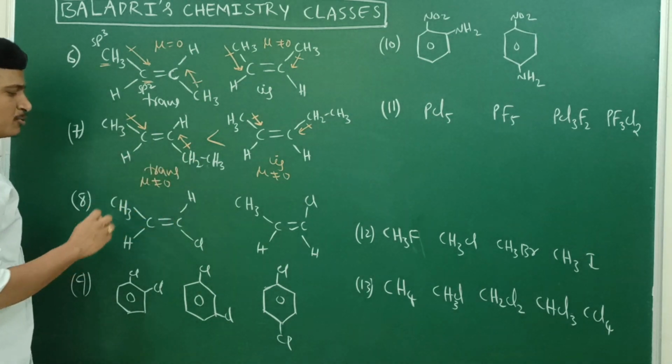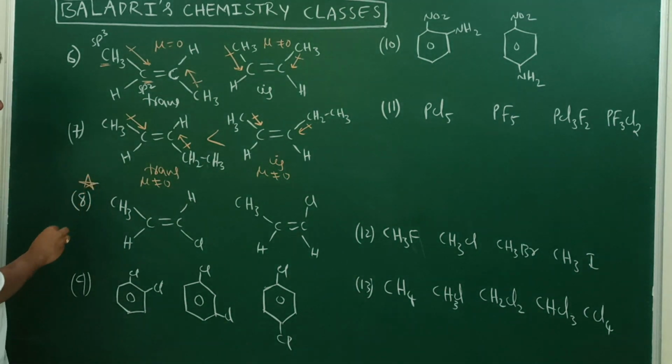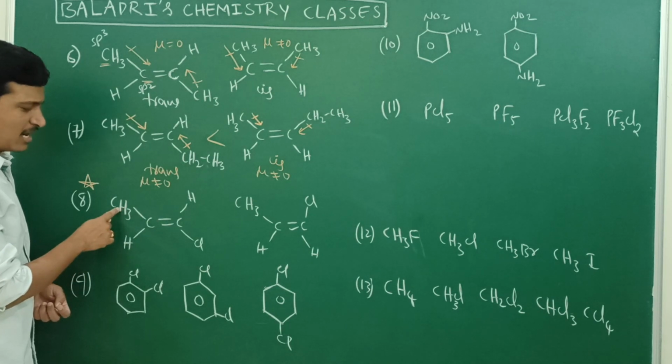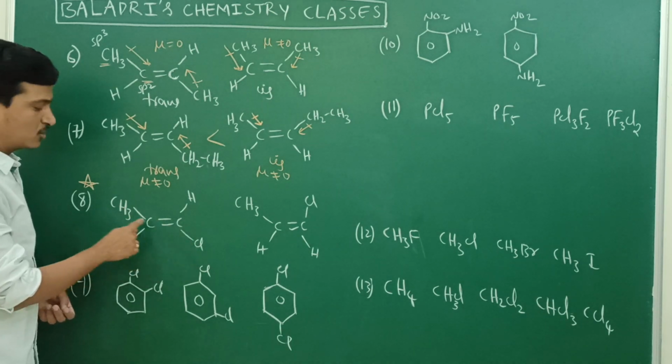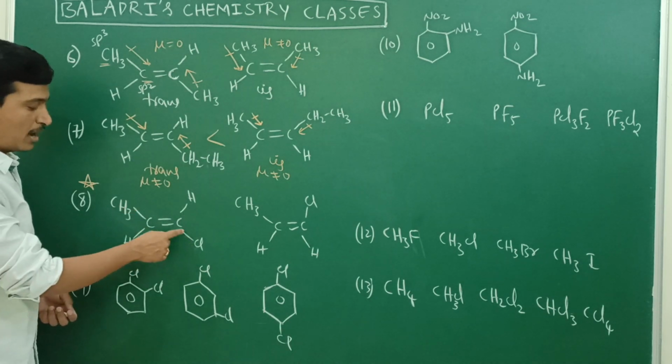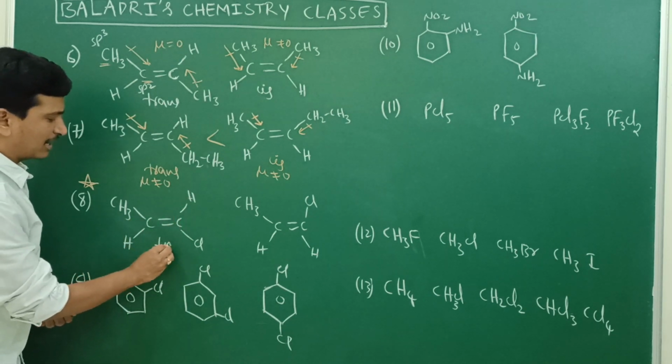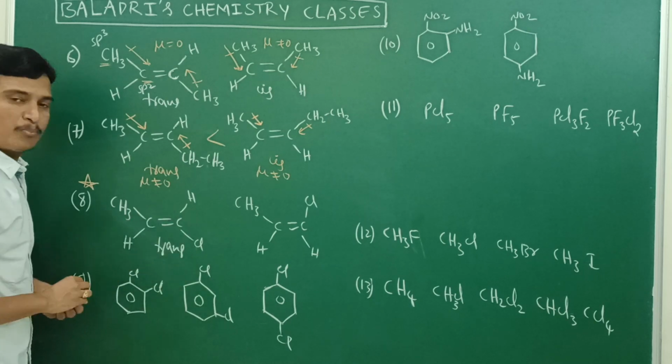Okay, now come to a very important example. Now you can see the board, everyone. Here I gave you 1, 2, 3. 3 carbons are there. On the first carbon, chlorine is there. So this molecule is 1-chloropropene, and I represented the trans one. Okay, you can take this as trans 1-chloropropene.